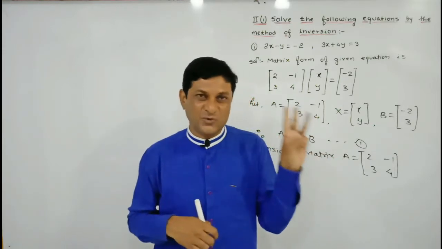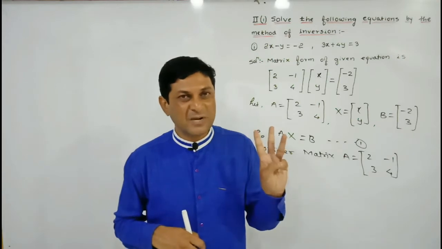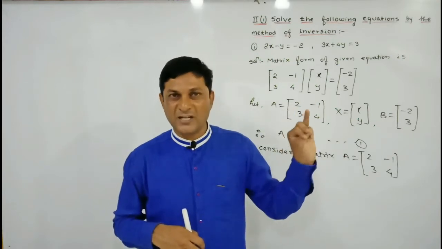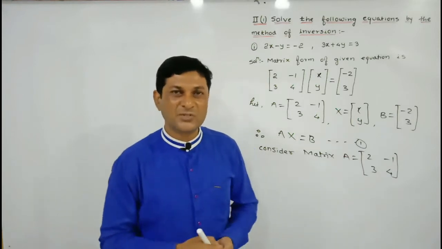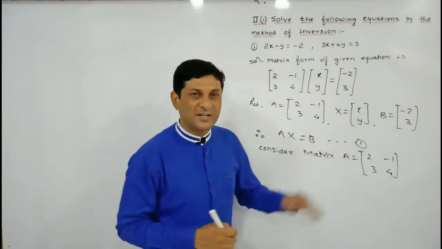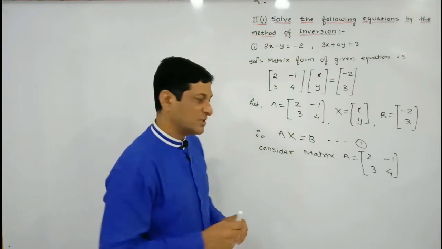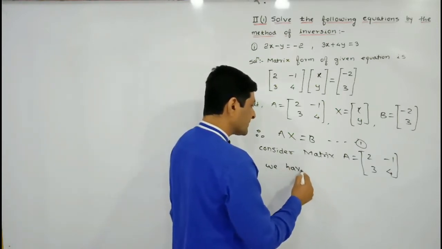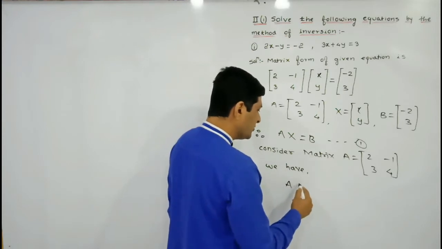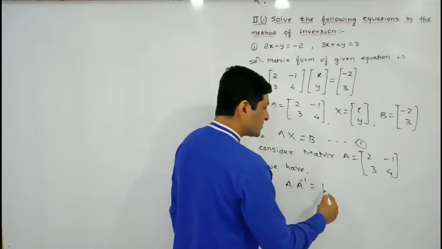Now we will have three choices: either find the inverse of this matrix applying row transformation, column transformation, or the adjoint method. So you are able to use any one of these three methods. This time I am finding its inverse applying row transformation. In case of row transformation, which condition are we using? So that A into A inverse is equal to I.